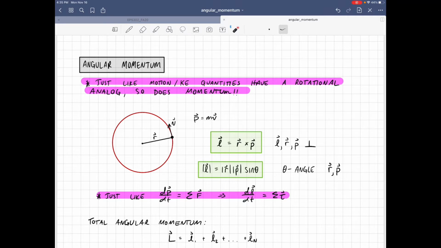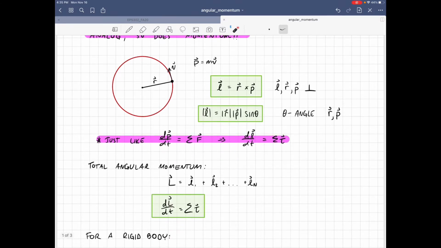Now, just like in translational motion, when we were talking about momentum, if you take the time derivative of the momentum, it's essentially related to the net force on the object, right? The time derivative of p here is ma. And so just like you can do that for translational motion, you can do that here with rotational or angular motion. So if you take the time derivative of the angular momentum, that's related to the net torque on the object about the axis